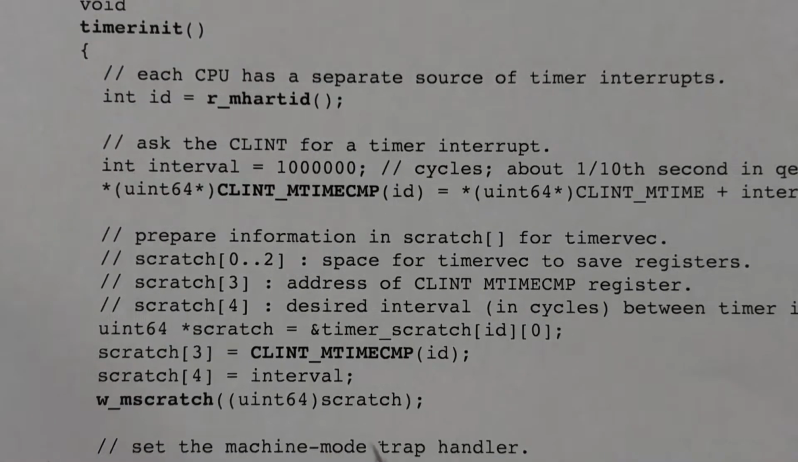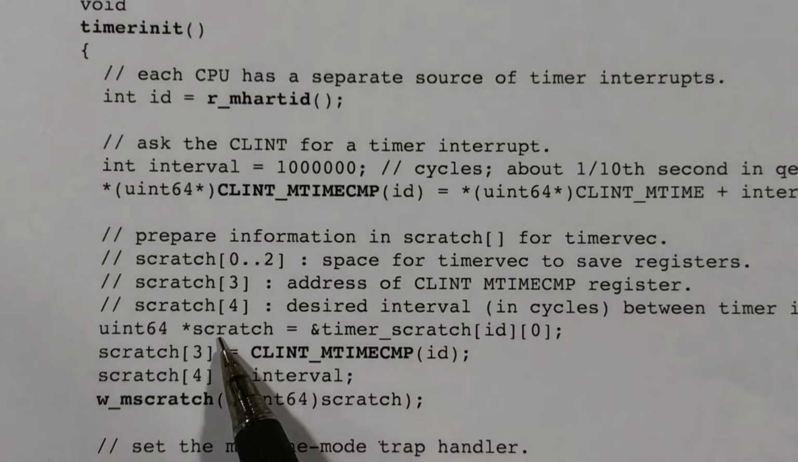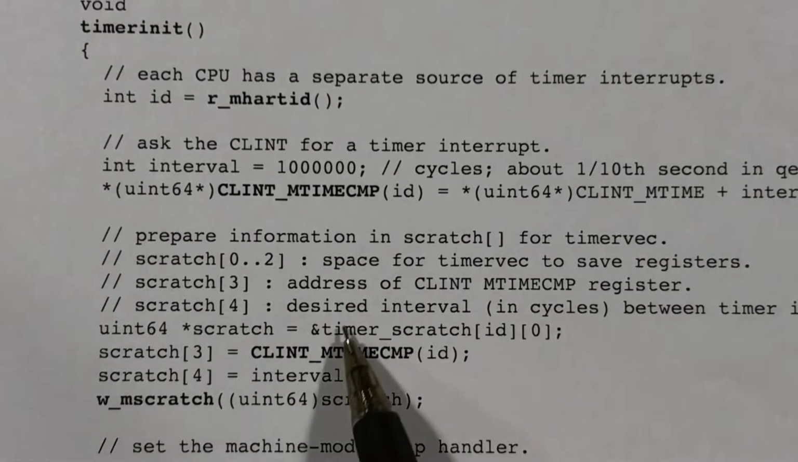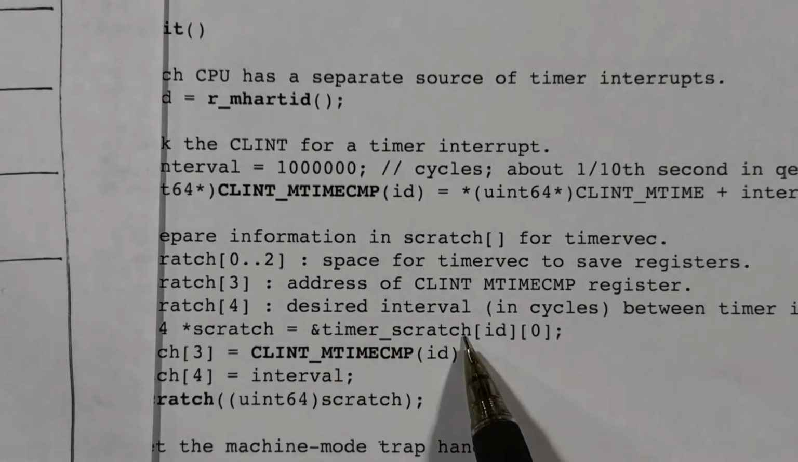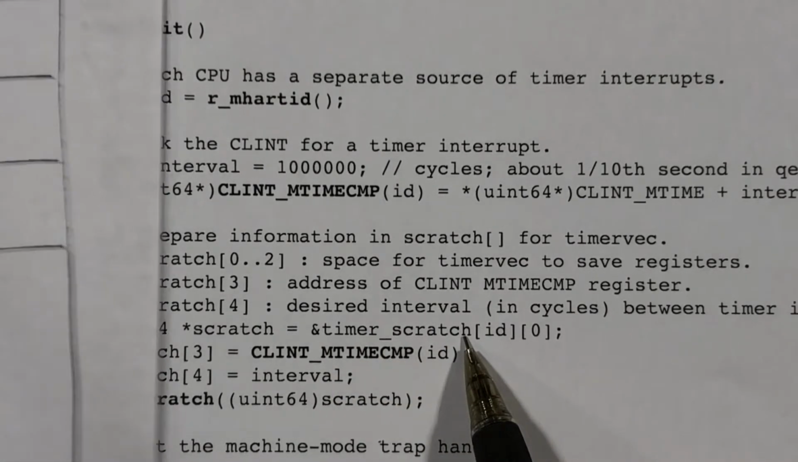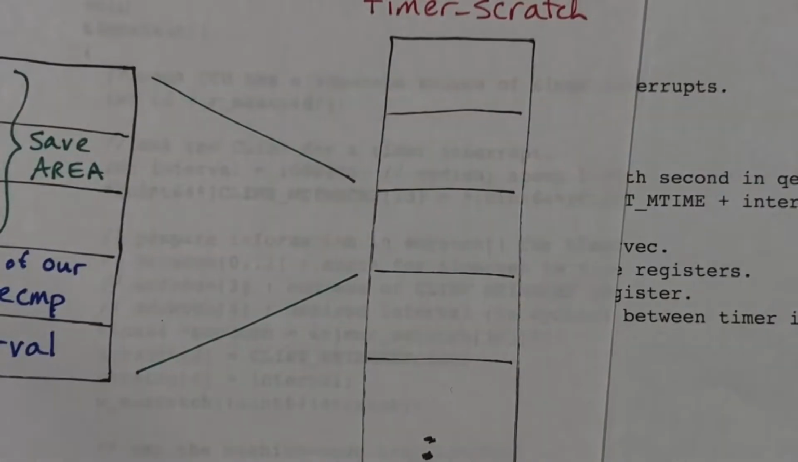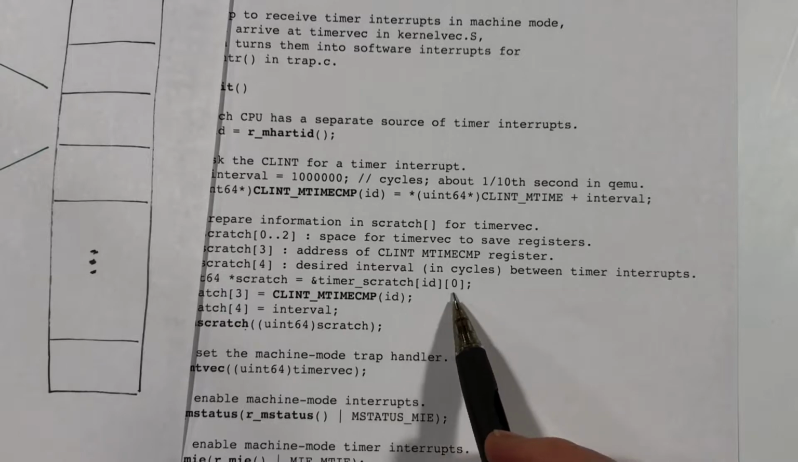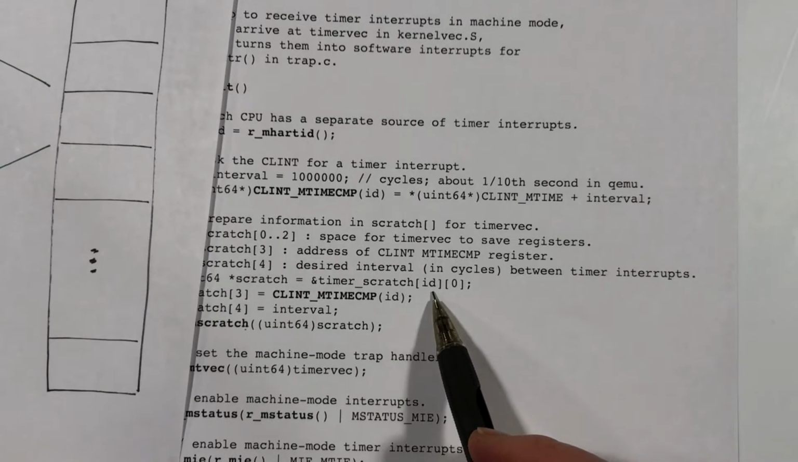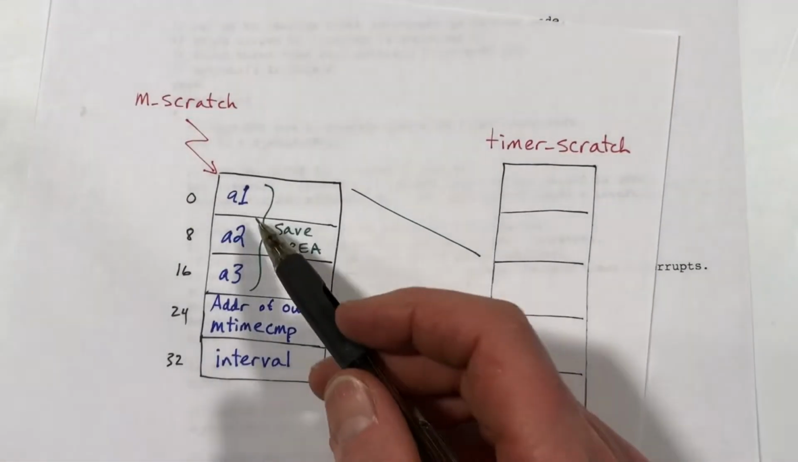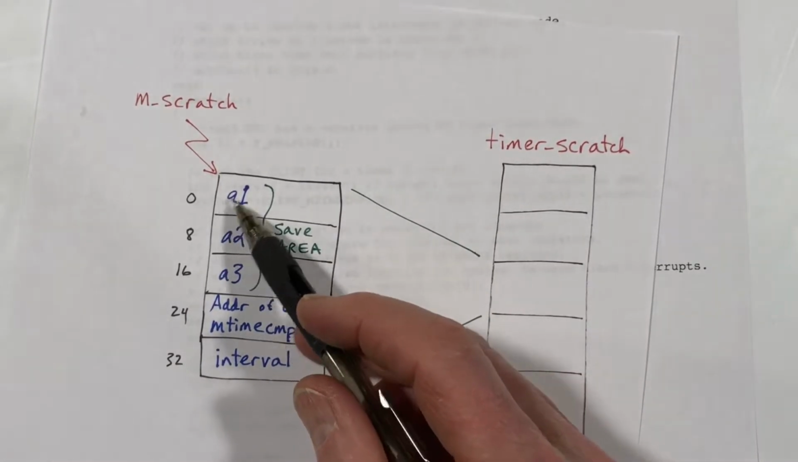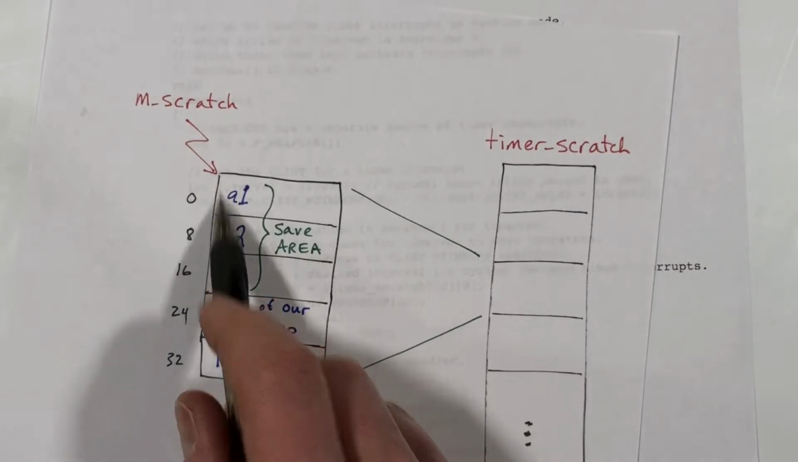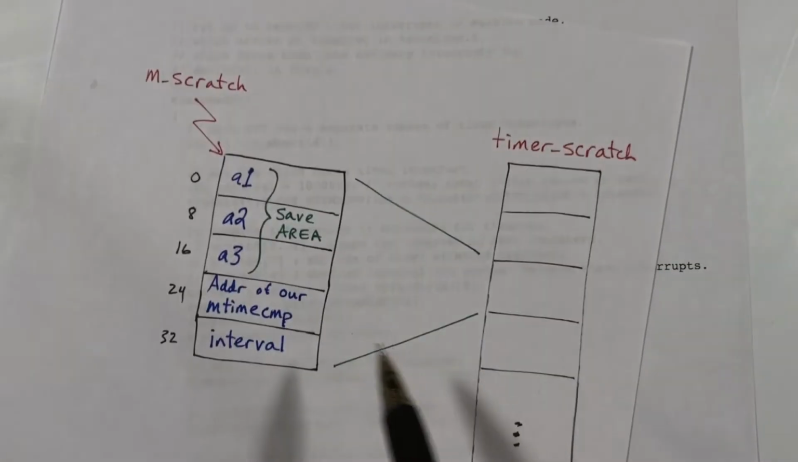But that's the thing we're storing there. So what we're doing here is we're getting a pointer to what? Well, the timer scratch array. That's this array here. Okay, the element for this particular core, and we get the address for the 0 byte, the first part of that. So we're getting a pointer to the address for these 5 words for the core that we're